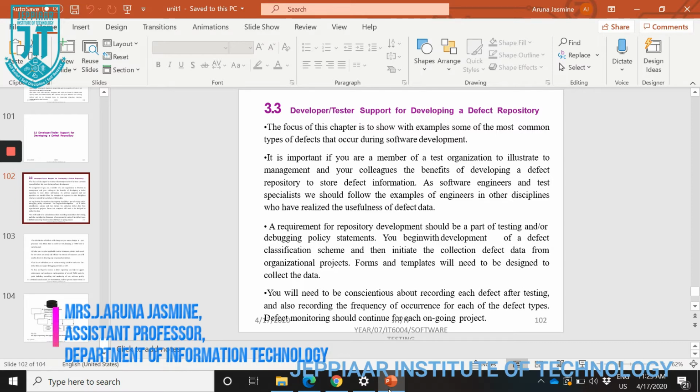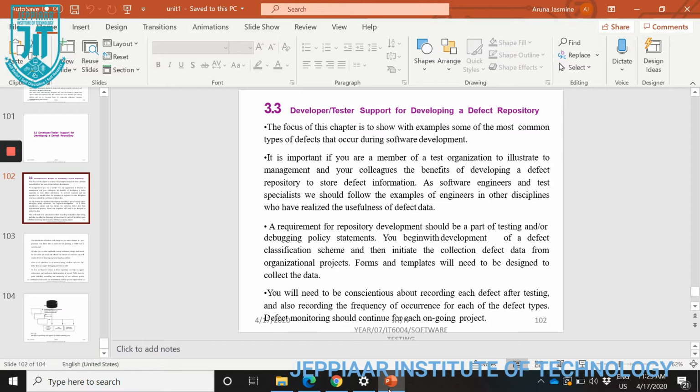Designing is nothing but writing the algorithm for your program. We cannot go and write the code for your project straight away. First of all, we must have a deeper understanding of the work that we are going to do. That is called the designing phase. We write an algorithm, we draw a flowchart for the project, and all the UML diagrams come under designing. The next phase is called coding.